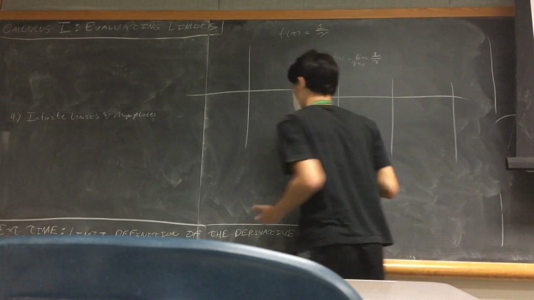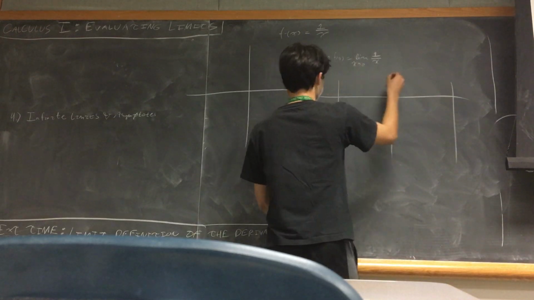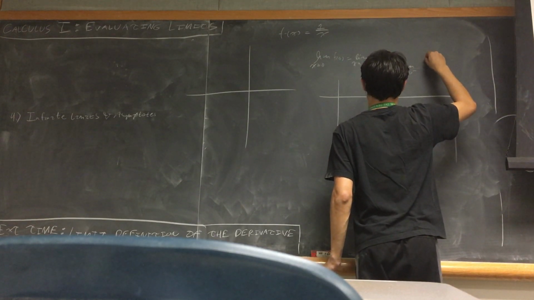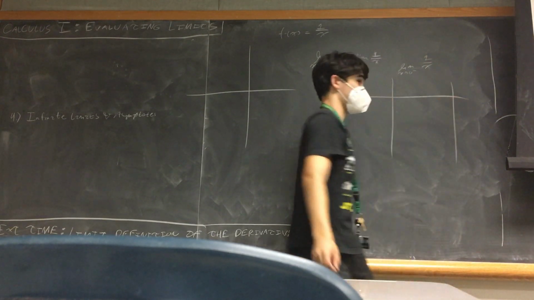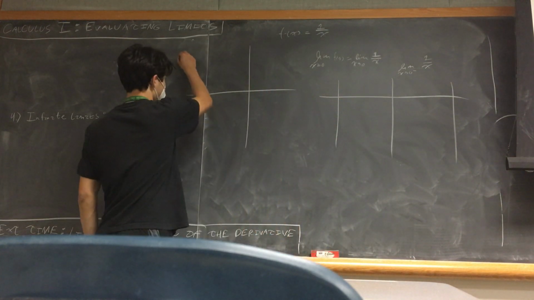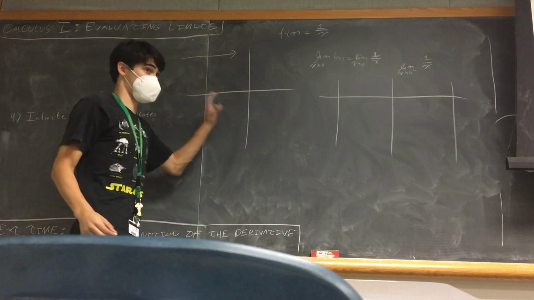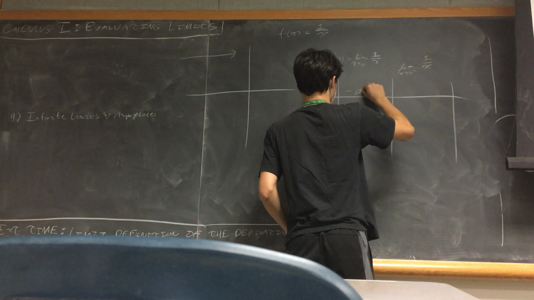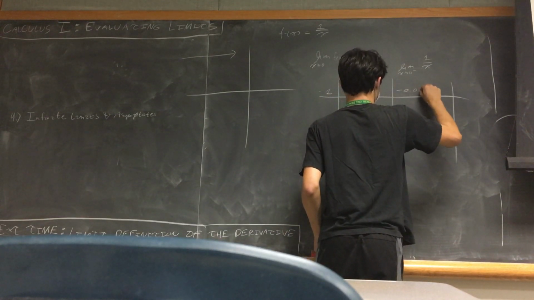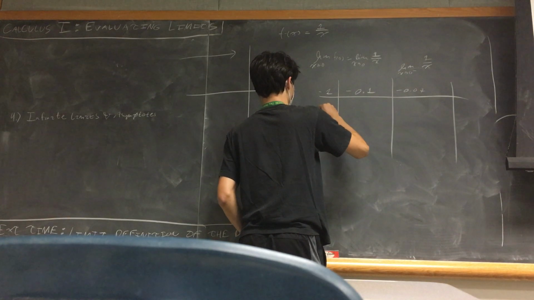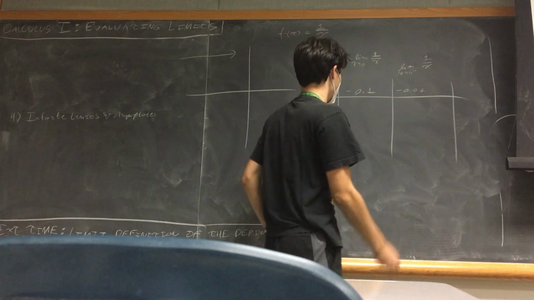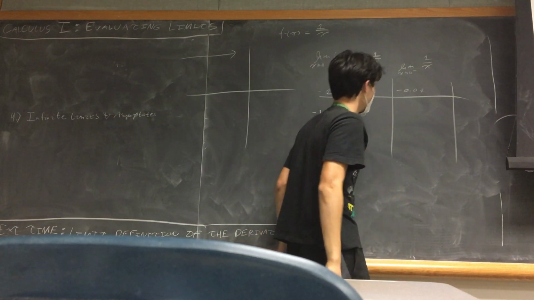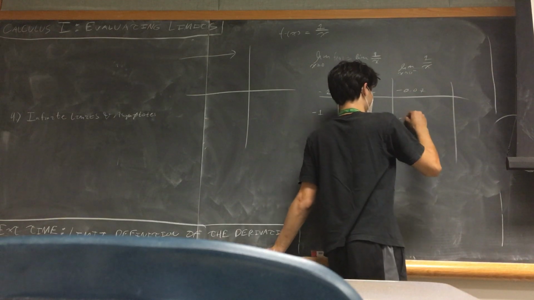So let's try a one-sided limit. Let's try the limit as x approaches 0 from the left of 1 over x. So that means we're approaching from the negative side over here. So let's say we've got negative 1, negative 0.1, negative 0.01. So 1 over negative 1 is negative 1. 1 over negative 0.1 is negative 10. 1 over negative 0.01